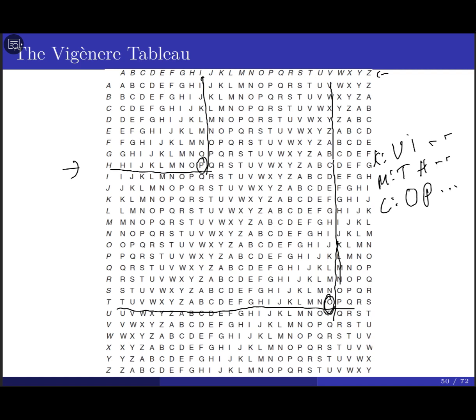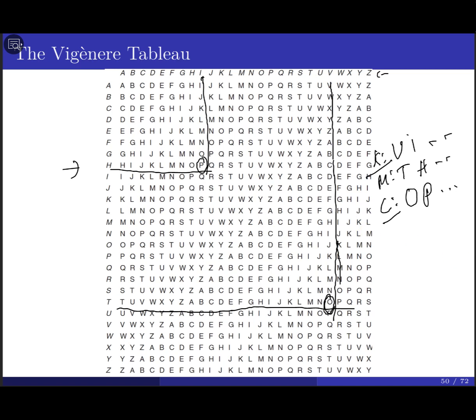Continue. In order to decrypt, you have the key and you have the ciphertext. I'm going to use the same table, but in a different way. Or you can use the decryption algorithm, the notation that you use with the substitution cipher: 26 plus C minus K modulo 26. Okay, let's use the table here.